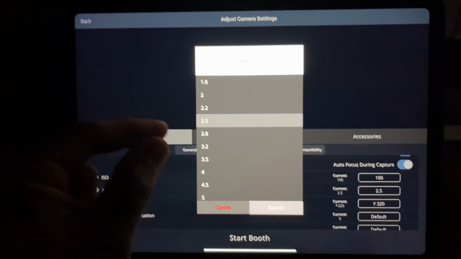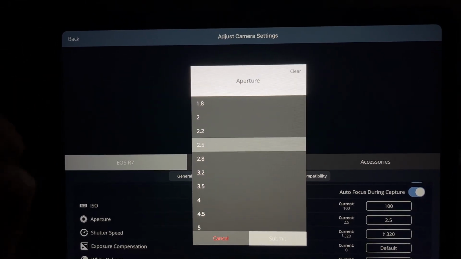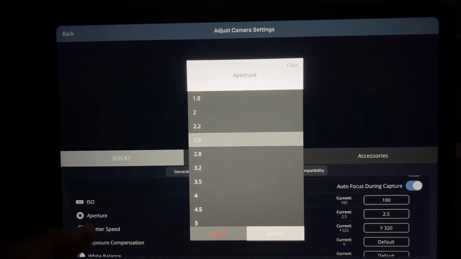Now, really quick, the lower the number on the aperture, the more light that comes in, which means you're gonna get a brighter photo. The larger the number on the aperture, the less light that comes in, the darker you're gonna have